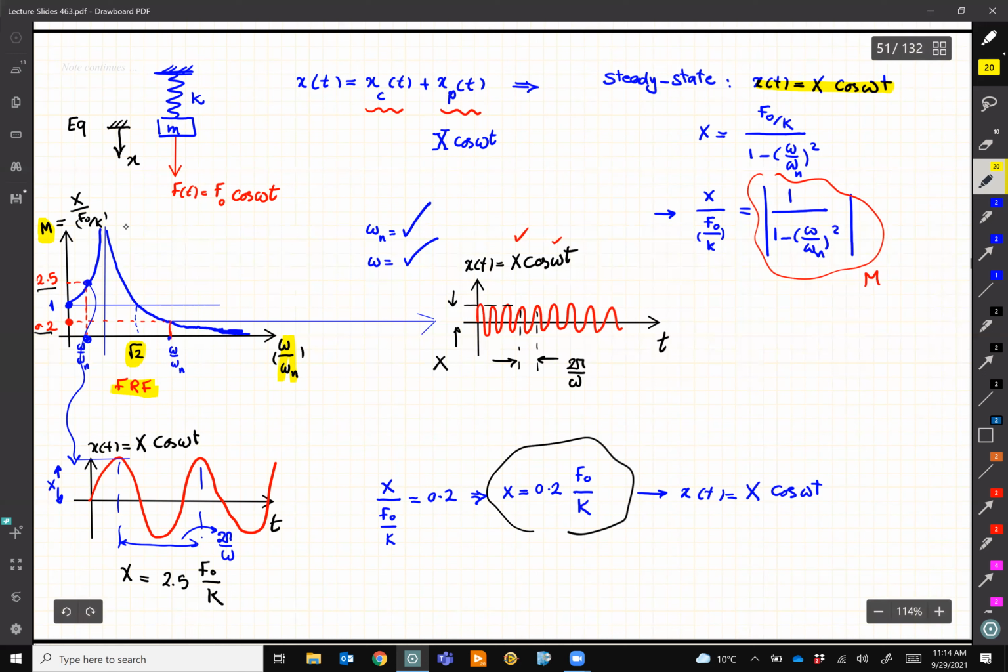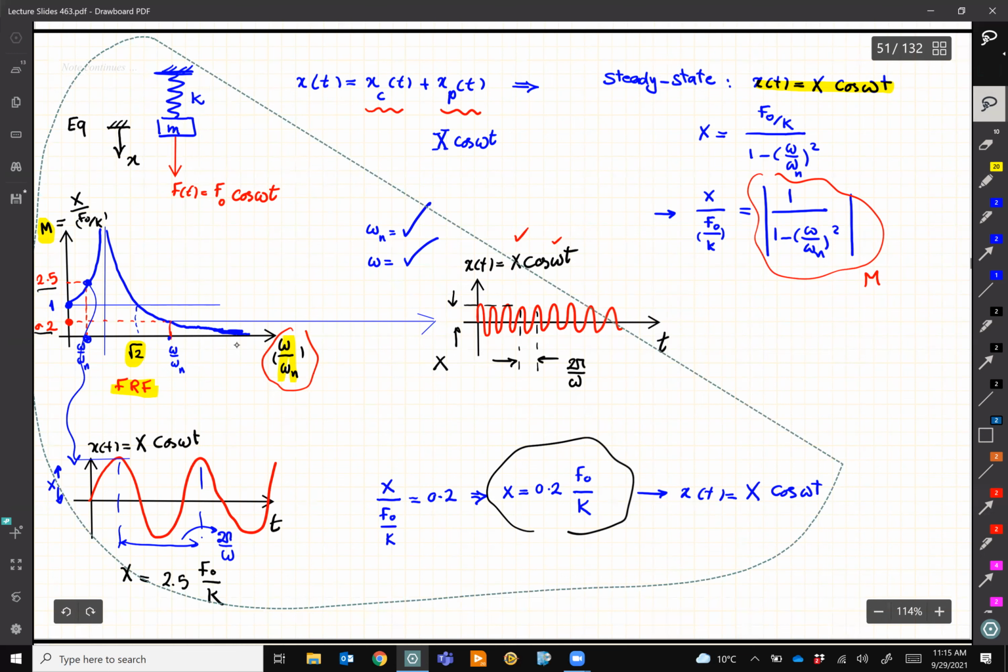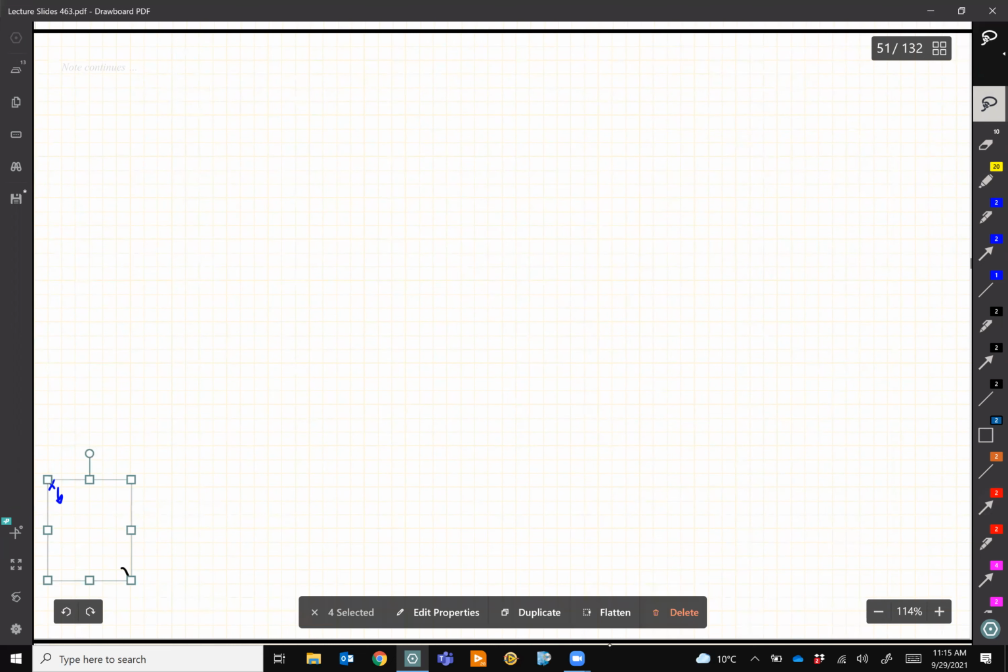So this graph can then be a map for us. Let's say we have a system and we know the frequency of the force. Maybe a motor is rotating. Soon we will see examples where the forcing frequency comes from rotation. So we know this omega, we can design K and M, so we can decide on this omega over omega n. All right? So that was one topic that we talked about. And if you're done and you have no question, the second thing that we talked about was